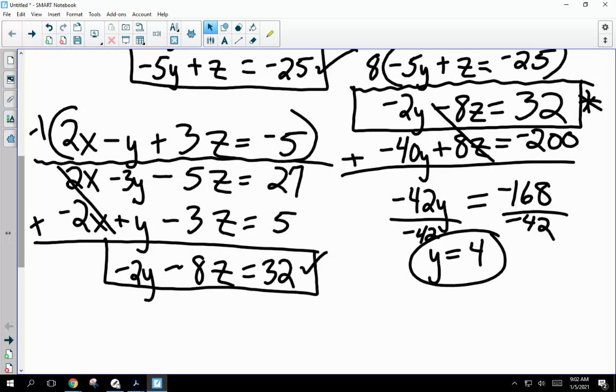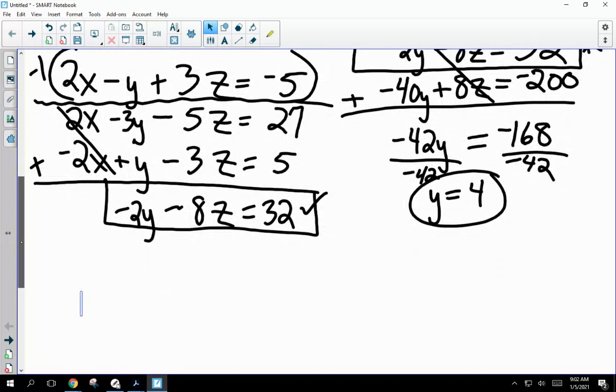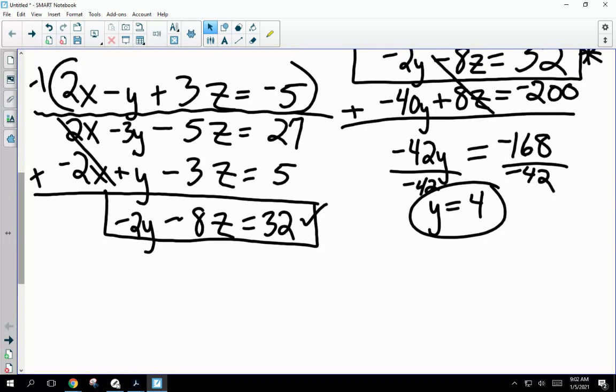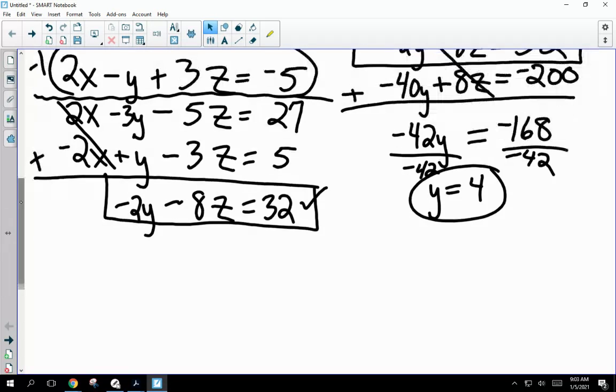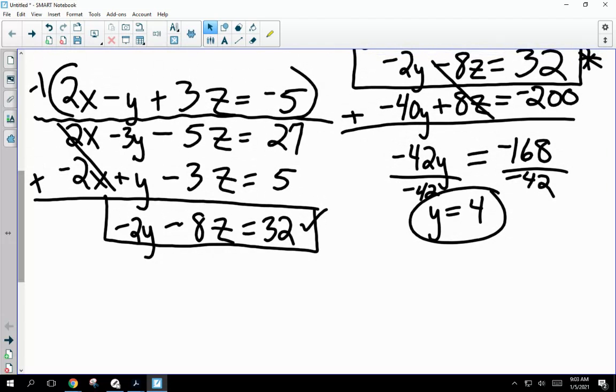So I'm going to go down here, so I can see it still. There we go. I'm going to go down here and plug in this y for the negative